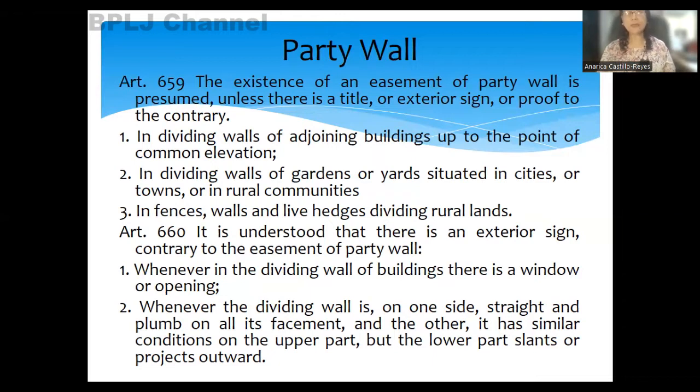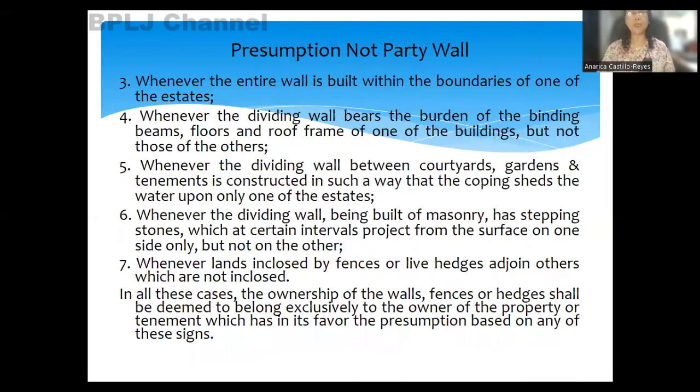Okay? Whenever in the dividing wall of buildings there is a window or opening; whenever the dividing wall is on one side straight and plumb on all its basement, and on the other it has similar conditions on the upper part, but the lower part slants or projects upward; whenever the entire wall is built within the boundaries of one of the estates; whenever the dividing wall bears the burden of the binding beams, floors, and roof frame of one of the buildings, but not those of the others;